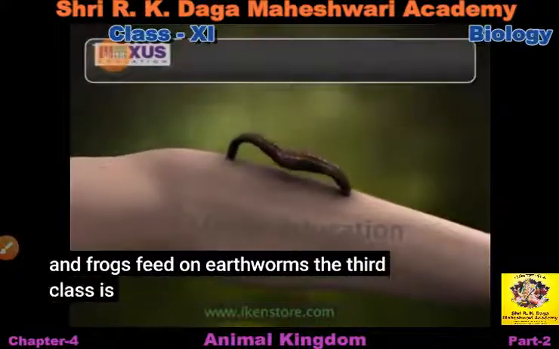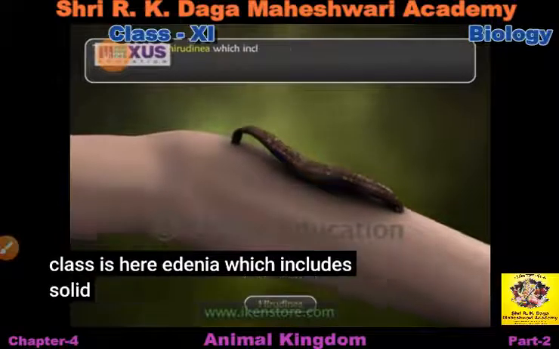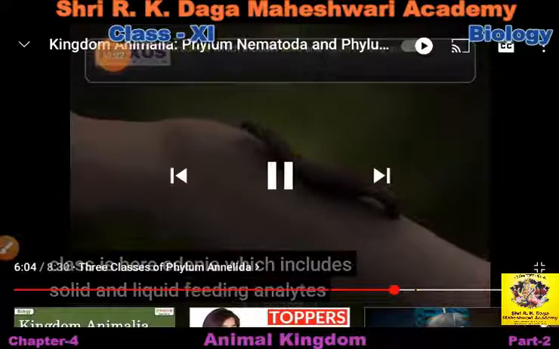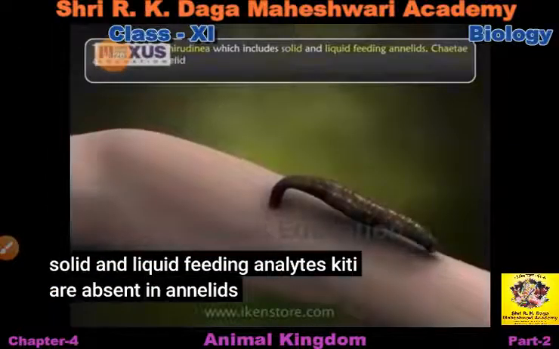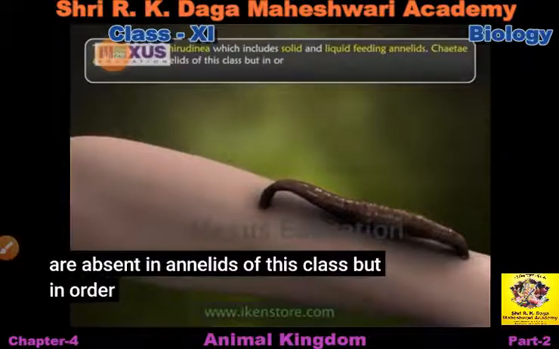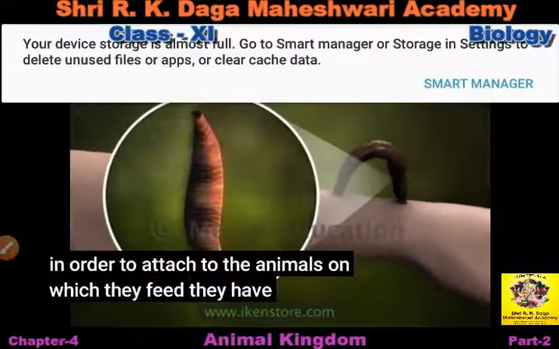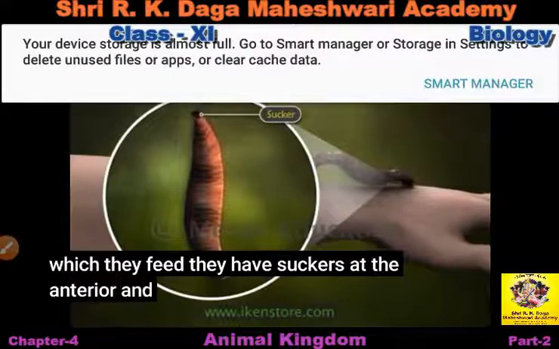The third class is Hirudinea, which includes solid and liquid feeding annelids. Chaetae are absent in annelids of this class, but they have suckers at the anterior and